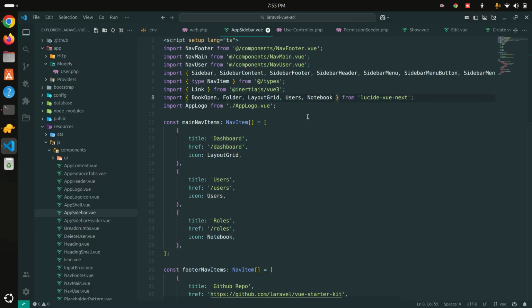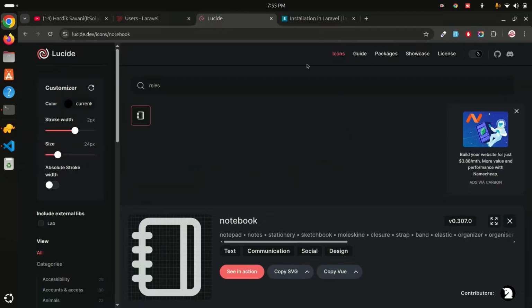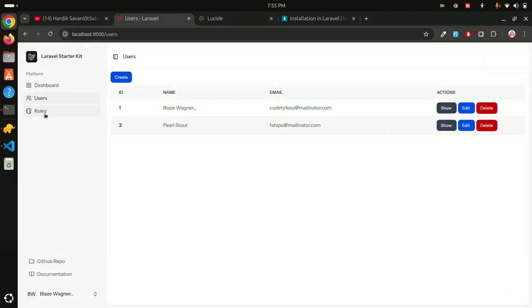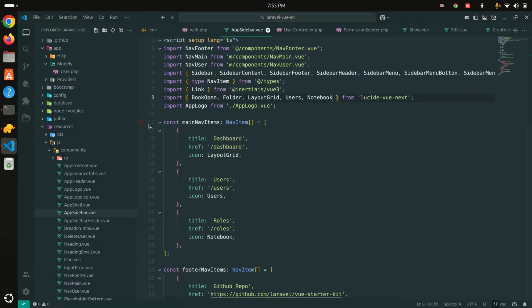Okay, so paste it, and now let me go here, and you can see that there is a roles. Now if I click on it, that should be the list of all the roles over there. Okay, so now let me go here and